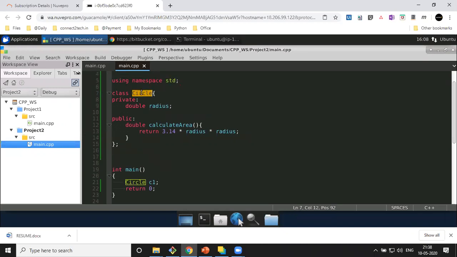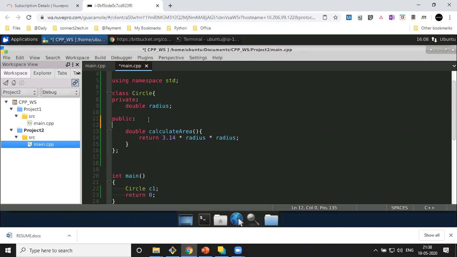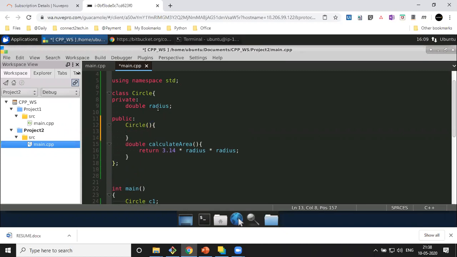So I will create this constructor, open close bracket, and here I'm going to say radius equals, let's say 10 for example, or you can give a decimal number as well. I'm going to make it 10 for now, right?